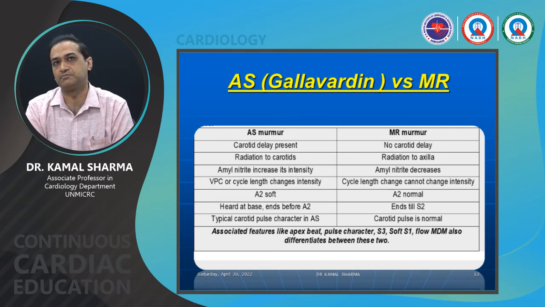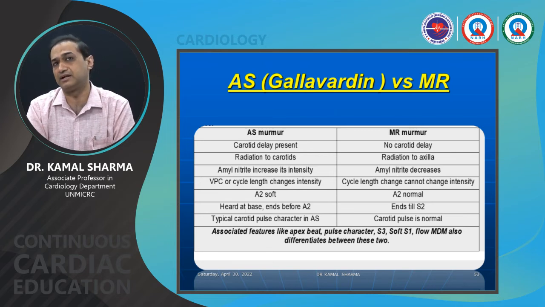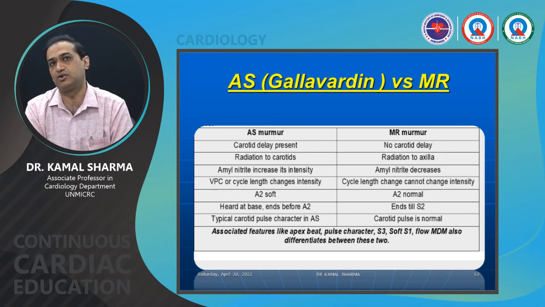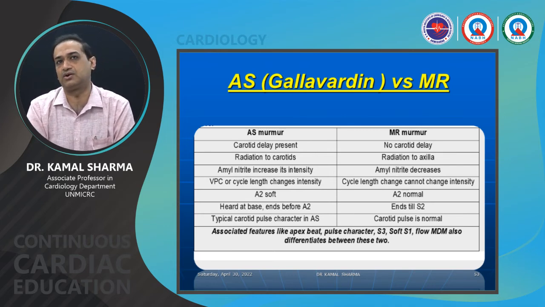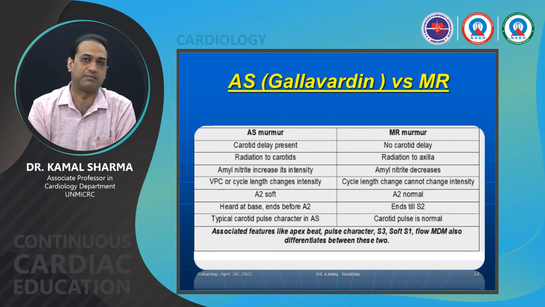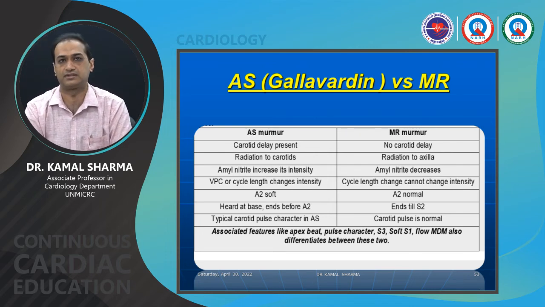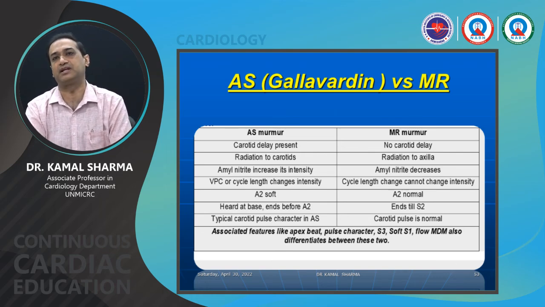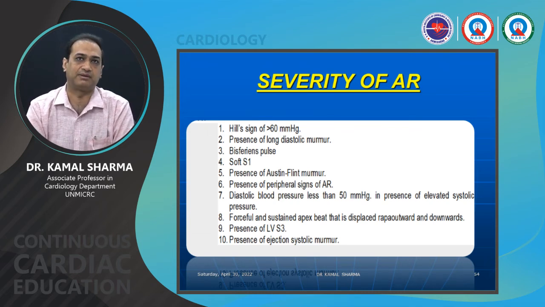Gallavardin dissociation is basically that carotid delay is present as compared to MR. Amyl nitrite would also increase its intensity, and radiation to the carotids, and alteration in the intensity of the murmur with a VPC or in a long cycle in atrial fibrillation would suggest that the murmur is of AS and not of an MR. A2 is usually soft in AS and hard at the base, with a typical carotid characteristic impulse, with associated features of apex beat, S3, S1, and flow MDM between MR and AS would help in differentiating Gallavardin dissociation. AR severity can be confirmed by Hill's sign of more than 60, presence of a long diastolic murmur,